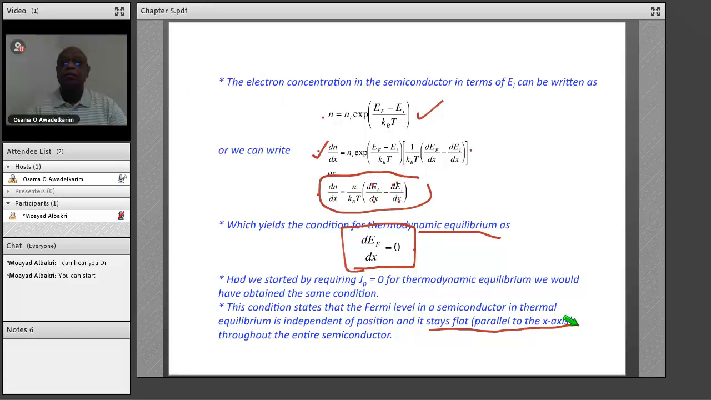So for a semiconductor in thermal equilibrium or thermodynamic equilibrium, the Fermi level is flat, always parallel to the x-axis. That's when we're talking about only variations along the x-axis, and when we're talking about a one-dimensional problem. So in thermal equilibrium, the Fermi level of a semiconductor is always